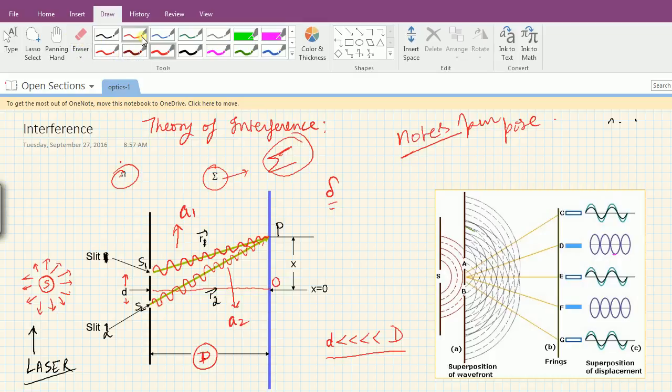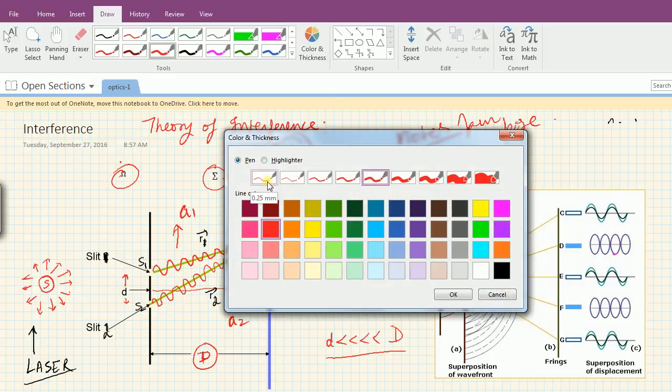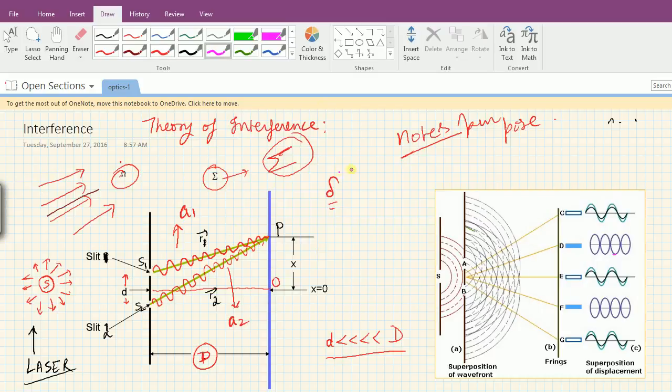Here this is the eraser, and these are various thickness pens basically that you can see from here. The thickness of this is 0.25 millimeter, 0.35, 0.5, 0.7, 1 millimeter. Right now I'm using this tip of the pen of 1 millimeter thickness, right? You can see here this, if I select it, and different colors.